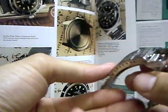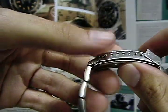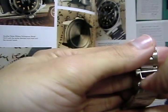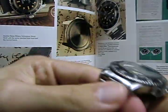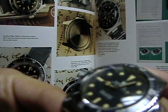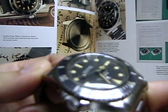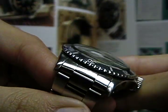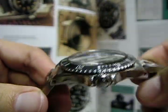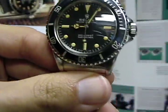The original bracelets for these did not have this safety clasp, and I think it became apparent that you definitely wanted to have one of these, especially when diving and or just when wearing, because you do not want a watch like this slipping off your wrist, especially with this dome. It's a great crystal. Check this out. This is one of those great classic Rolex crystals that they probably shouldn't have gotten rid of. Really magnifies and looks great. I'm going to give you a little closer look of the